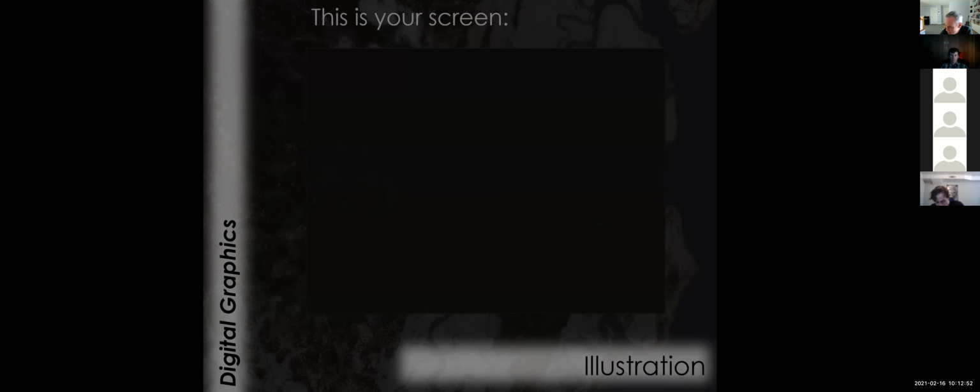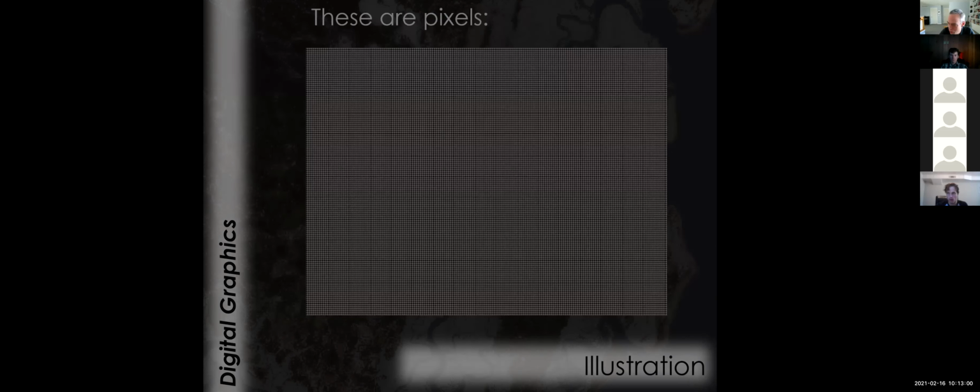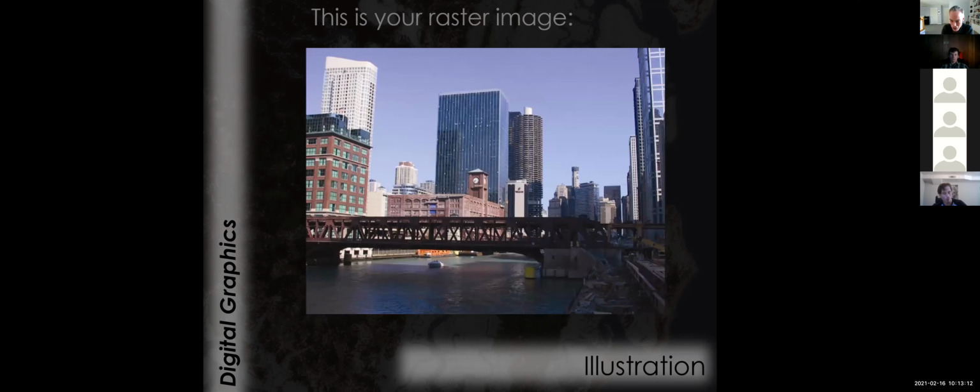All right, so to give an illustration of raster graphics, here's a blank screen. And these are pixels, right? When we talk about pixels, they're just little squares of color on your screen, and it divides the screen up into a grid, essentially. So if we take a raster image of this place, which is one of my favorite North American cities, which is,